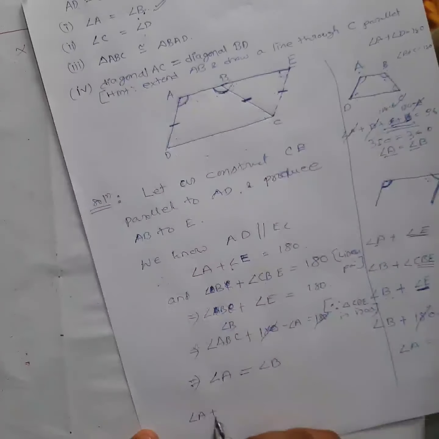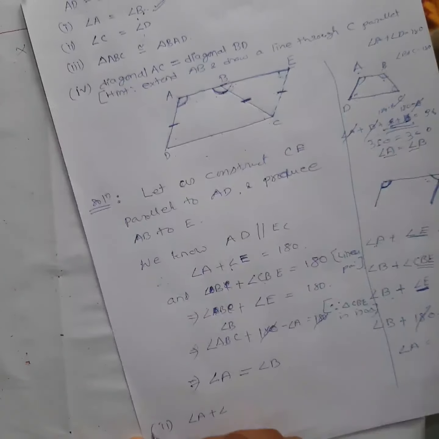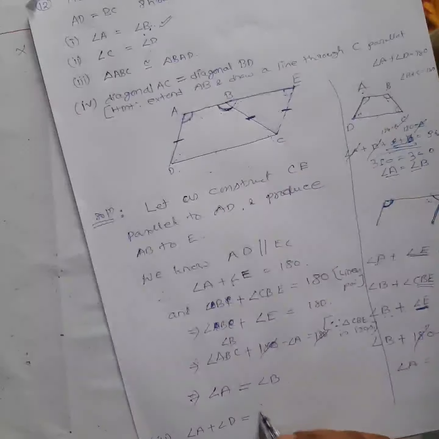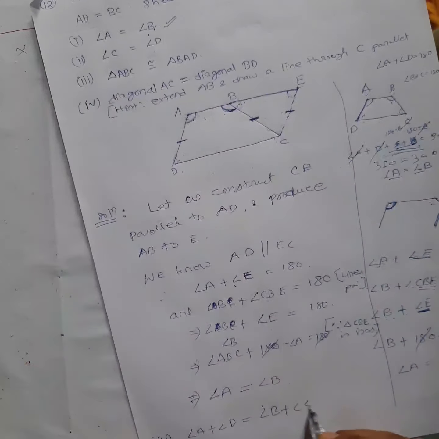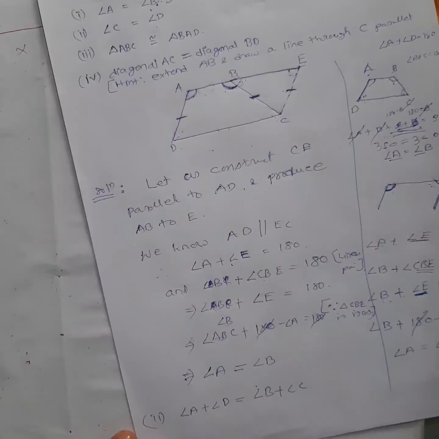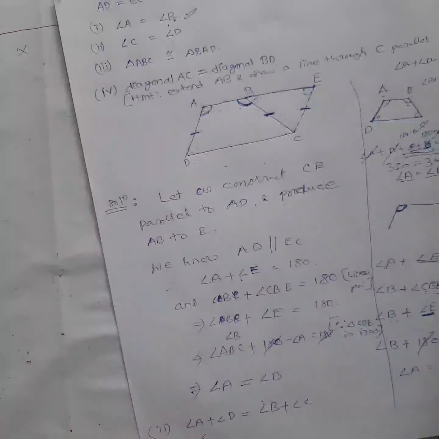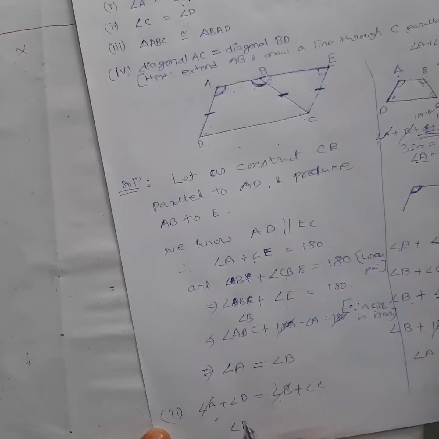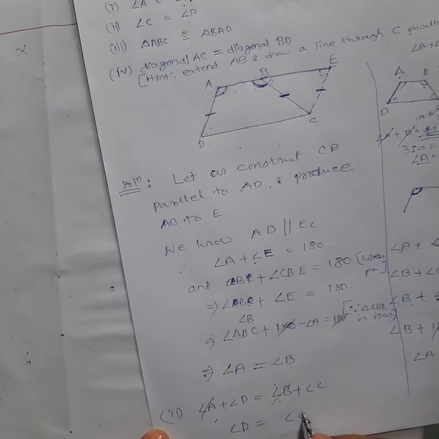So you can see this angle A plus angle D, for question number 2, is how much? 180 degree, right? So this and this also 180 degree. So can I write angle A plus angle D is equal to angle B plus angle C? Yes. So I have to get an equation where C and D only must be there, right? So A and B, since they are equal, obviously cancel. So angle D is equal to angle C, done. So very simple, right? Question number 2.